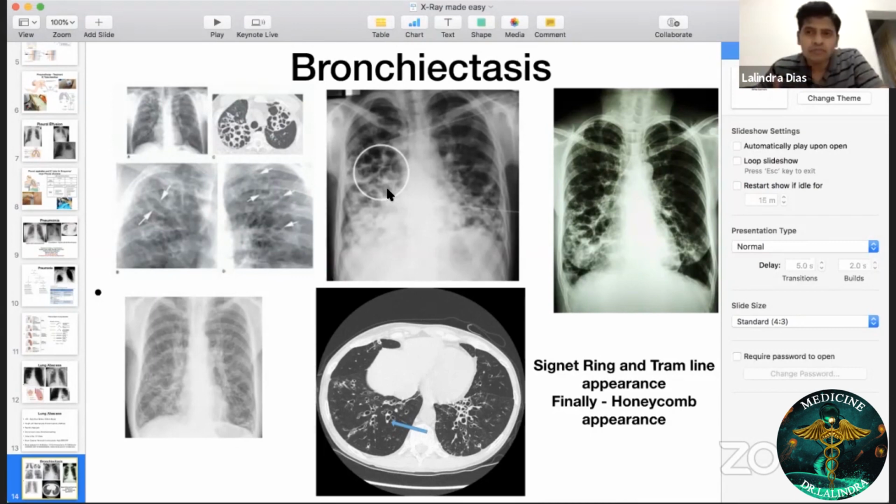What are the causes of bronchiectasis? The commonest cause in the whole world is cystic fibrosis. In Sri Lanka, you have tuberculosis. Childhood infections like measles and pertussis can cause adulthood bronchiectasis. If you have lung fibrosis, fibrotic lung disease, that can cause bronchiectasis. Then there are other rare causes which you don't have to know, but you have to remember